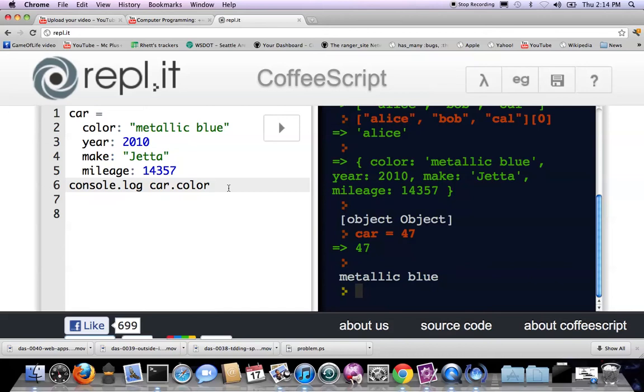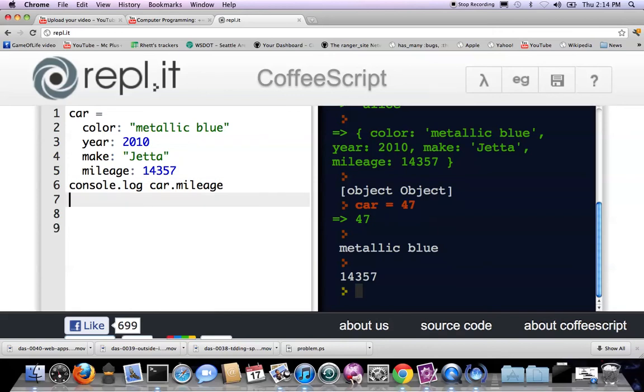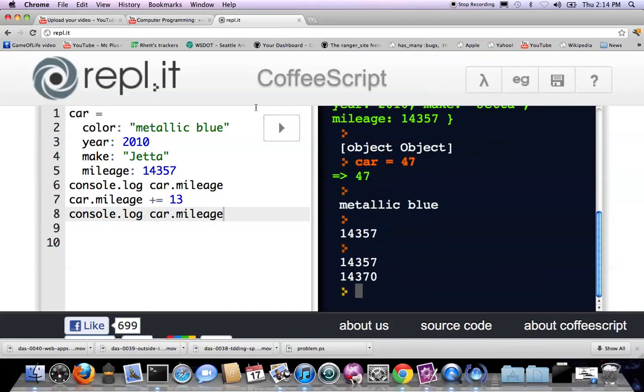And one nice thing about objects is that you can actually change their values over time. So let's see what my mileage is right now. We expect it to say 14,357. But then let's say that I drive 13 miles. My mileage will go up by the value 13, so I'm using the plus equals syntax to say that for this variable on the left, I want to increment its value by 13, and then I want to see what the new mileage is. I'm not sure if I'm spelling mileage right, by the way. I'm not sure if that E is necessary. But at any rate, the program now shows me the original mileage was 14,357, and then the new mileage is 14,370, so that seems